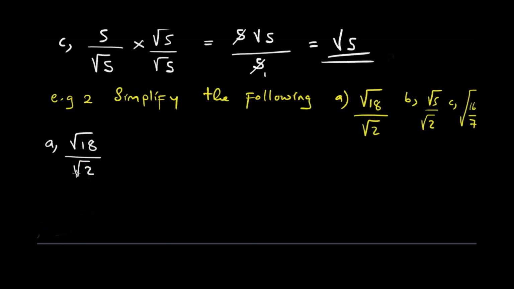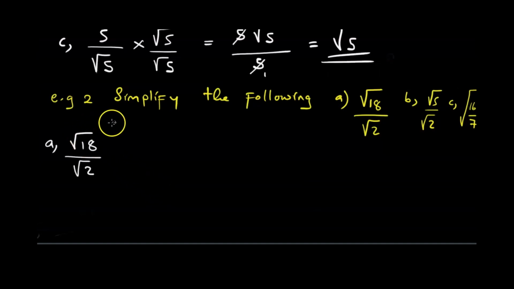So we do our observation, as we did earlier, that we have to see to it that our denominator is expressed in its simplest surd form. The square root of 2 we cannot further simplify. That is true. But if we look at the numerator, the square root of 18, we have to simplify that one first, starting on a clean slate.